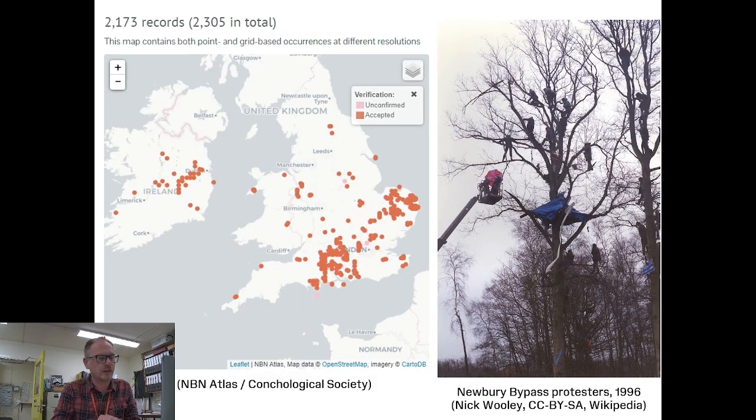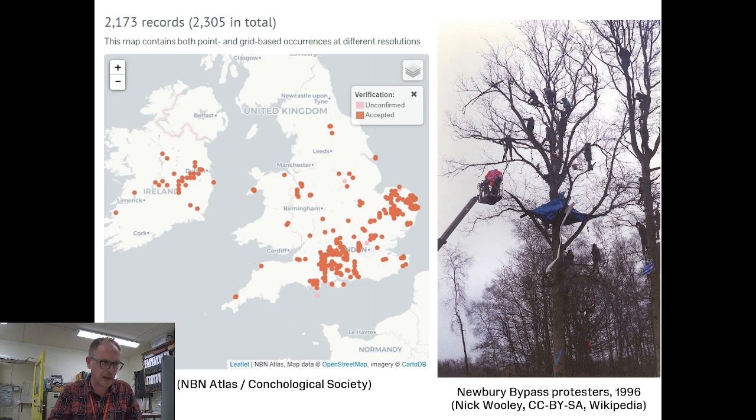So Vertigo moulinsiana is actually quite an important species in recent British conservation history. If anyone's old enough to remember the Newbury bypass protests of the 1990s, where people formed a camp in the trees to try and stop a road being built, and this guy Swampy became quite famous in the media then, and stayed for many weeks, I think, resisting the developers. One of the reasons they didn't want the road to be built was because it would threaten populations of this snail, and indeed they had to do a lot of mitigation work around Newbury in Berkshire to create new habitat that would support these endangered populations.